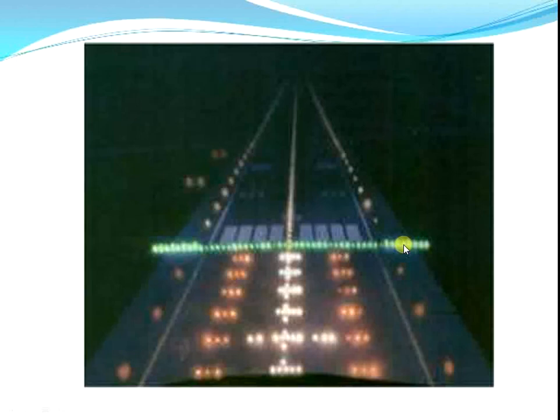In big airports, we have to use threshold lights elevated below 12 centimeters of the surface, and in short or small airports we have to use four continuous threshold lights, green lights, elevated above 12 centimeters of the surface.